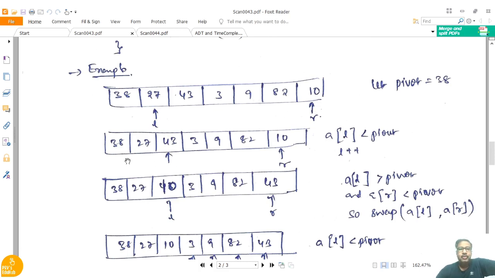Now first 27 is compared with 38, that is A of L is less than pivot. Since 27 is less than 38, you increment the value of L, that is L plus plus.